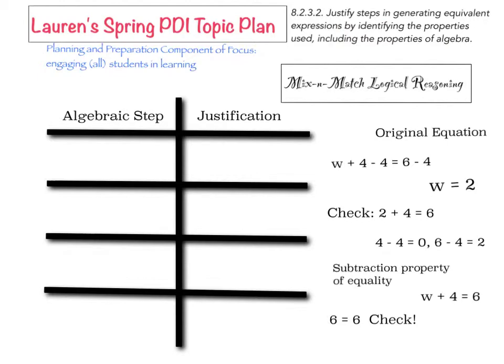Anyway, back to my topic plan. The students have just learned the concept of inverses. They've learned how to work backwards to find, especially numbers, but they're working on how to find inverse functions based on just the thought process of, for example, I'm adding 4 and then dividing by 2. If I do that backward, I would need to first then multiply by 2 and then subtract 4, or something